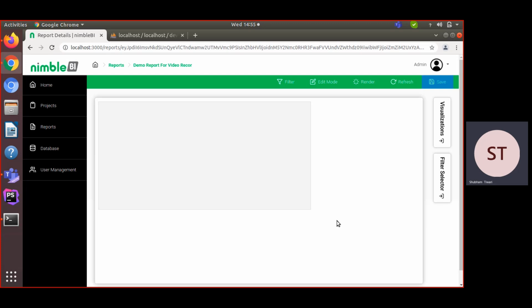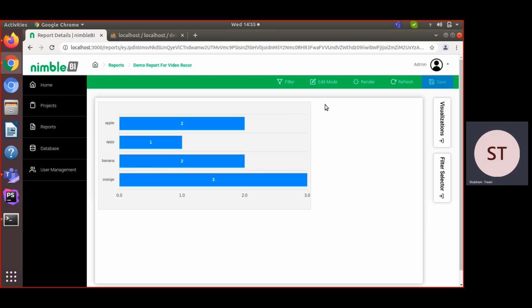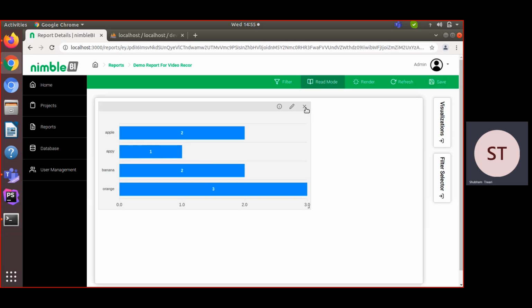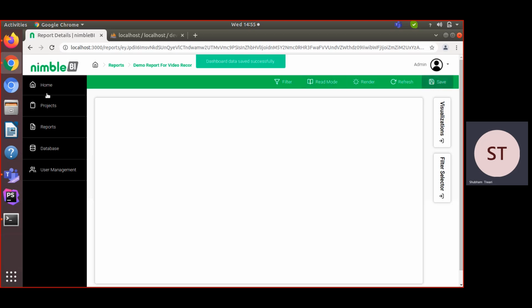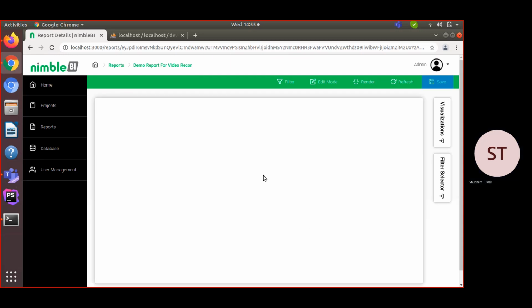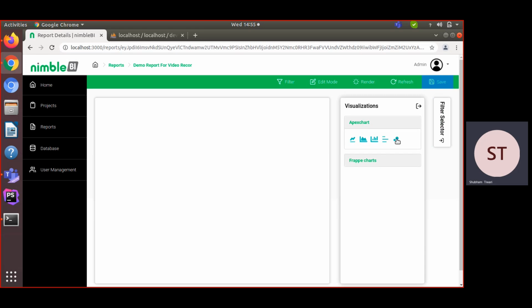Again, okay. And now again I'm cleaning this dashboard for the next visualization. Reloading before and after deleting a graph is good practice because it helps overcome errors. So because of that reason, I'm reloading this page after deleting, but it's not required. It's not compulsory, but it's good practice.